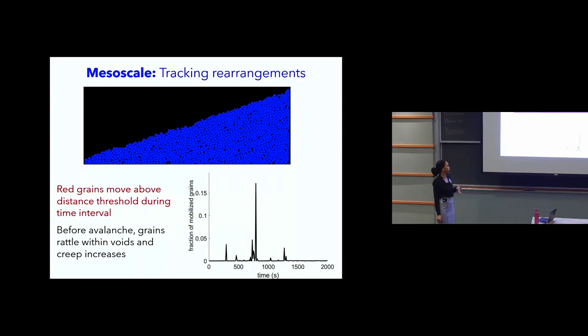So not only do we see flows happening at the surface pretty occasionally, but we also see clusters of a few grains, sometimes even just single grains, that are rearranging within the bulk of the pile. We track this behavior by looking at the fraction of mobilized grains as a function of time. These peaks here illustrate moments in which grain rearrangements are occurring. And then we have a substantial peak that occurs when there is an avalanche event during the experimental run.